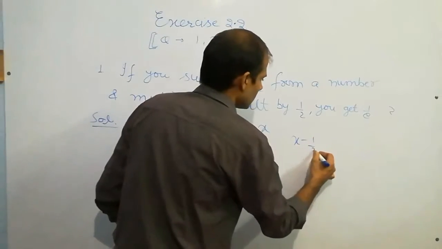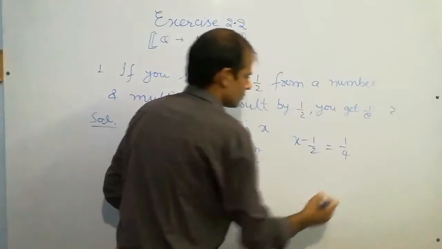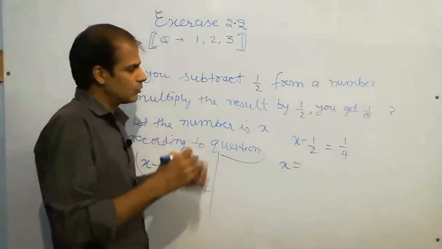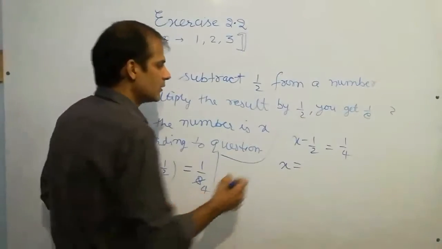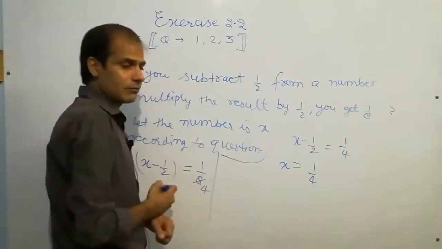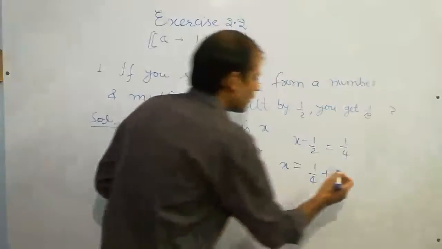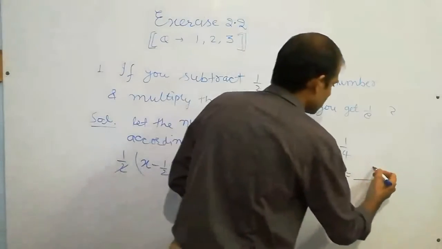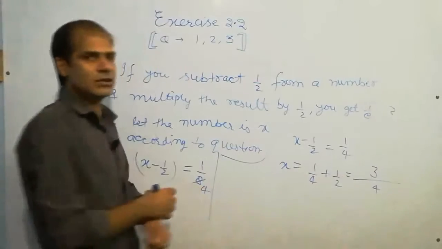Now you can write x minus 2 on left hand side, we have only x minus 2 and on the right hand side we have 1 upon 4. Now what to do? We have variable on left hand side, so it's not a problem, just transpose all the constants on right hand side. This is negative and it is converted into positive value. Now if you take LCM and we solve this, it will be 3 upon 4. Okay, so answer is x equals 3 upon 4.